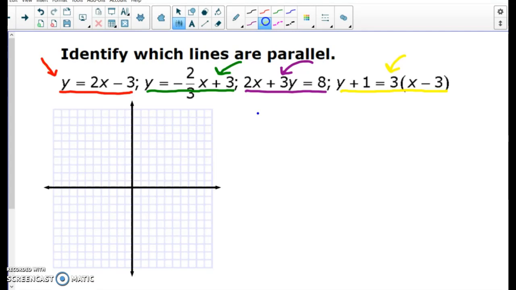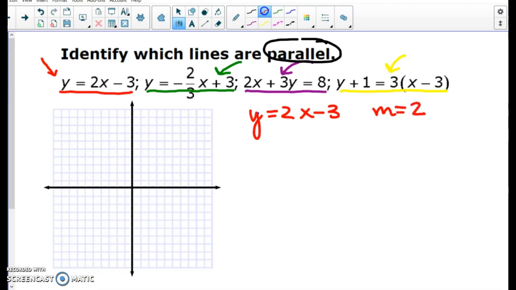What we're looking for again are parallel lines. So we want to look at the slope. The first line, the red line, has a slope of 2. We can see that. It is in slope-intercept form. So let's go ahead and write that out. The second line is also in slope-intercept form. We can see that it does not match the first line. Therefore, they are not parallel. Slope